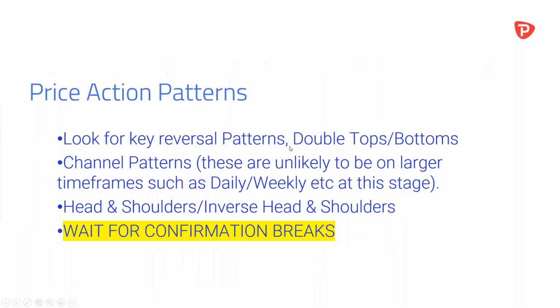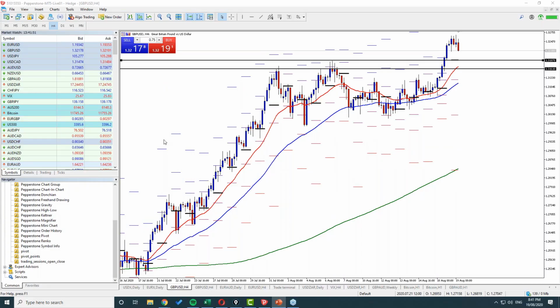And whenever you're looking at price action, we always want to be using as much as possible confirmation breaks, confirmation closes. When we're dealing with pivots, we can basically say, okay, well, it's hit the central pivot. How has it reacted to that central pivot? We know it might touch that zone, but that doesn't mean that we necessarily want to buy it just right in there. We can go back to the smaller time frame.